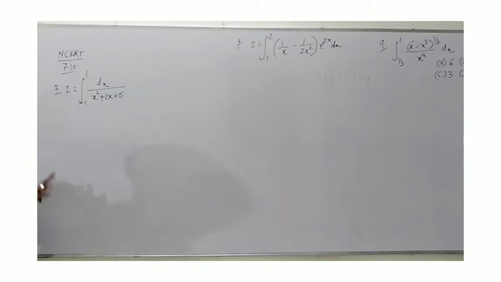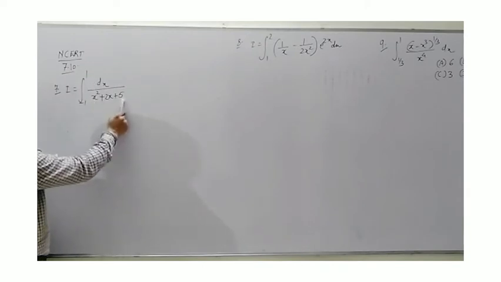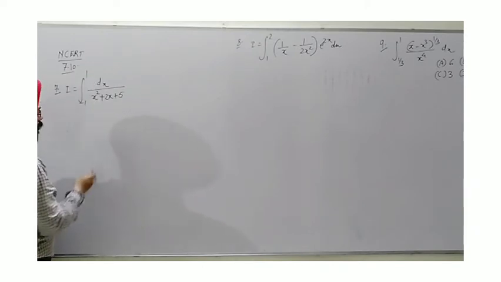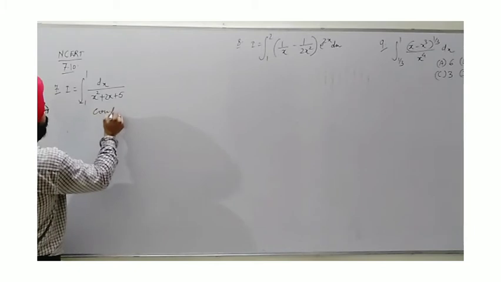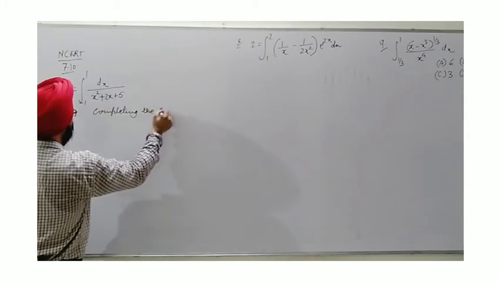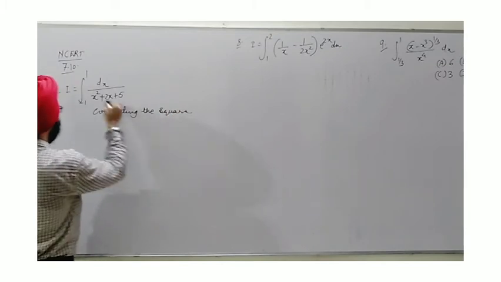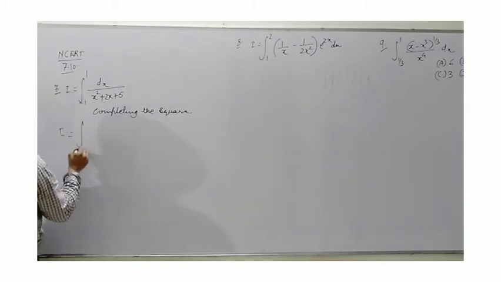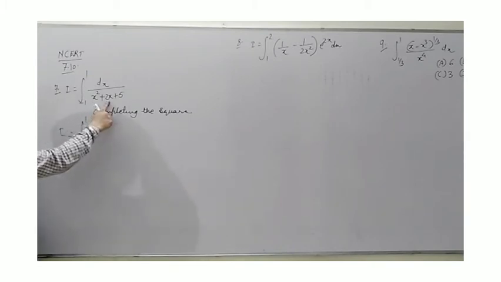Here, by the way, I will say there are direct patterns. If you have done indefinite integrals very well, you can catch them. This is 1 upon a quadratic polynomial, which means the completing the square method. First of all, completing the square method. You write here, so we get I equal to the integral from minus 1 to 1. Divide the coefficient of x by 2, we get 1.